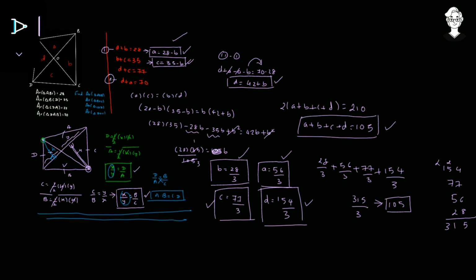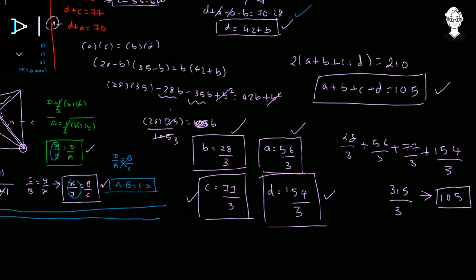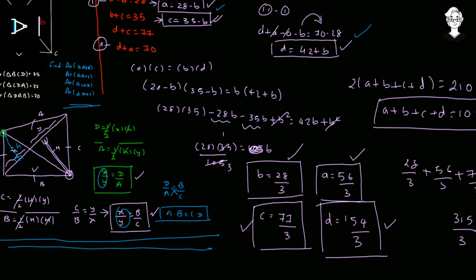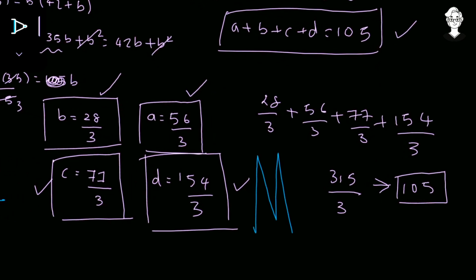So bringing that whole equation in terms of a single variable, we can easily solve for that. And after we have solved for the value of B, just put that in all these three things to get the value of the other things. So these are the values of the four regions that were needed. You can just have a look. These are A, B, C and D respectively. So these are the answers. So this was my method to solve this particular question.